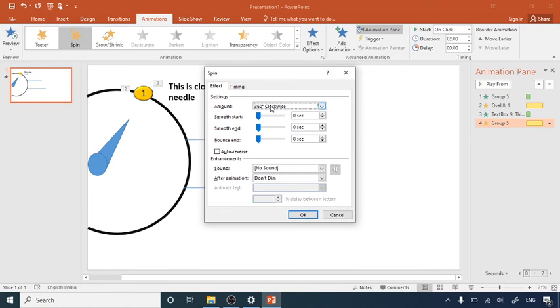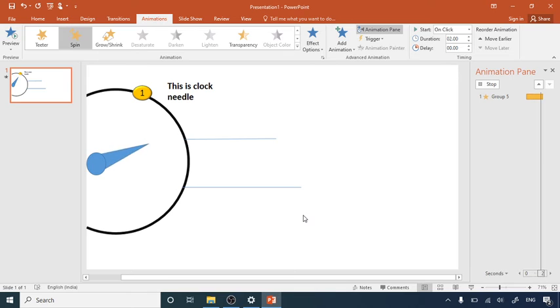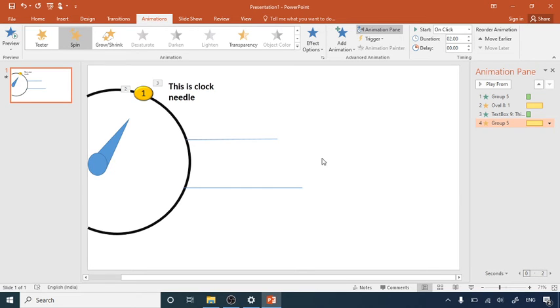In this effect, the 360 degree clockwise option is selected by default. Click on this drop down, and in the custom go for 30 degrees. Oh no, we have a 40 degree change. So we'll go for 40 degrees, click enter and say OK. So you can see it's going to the other needle.